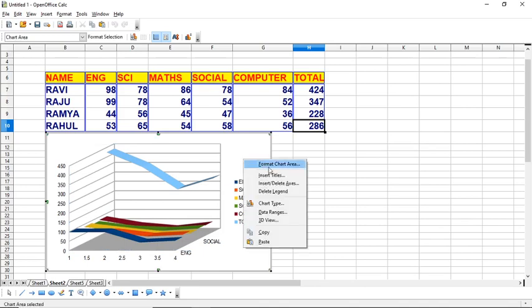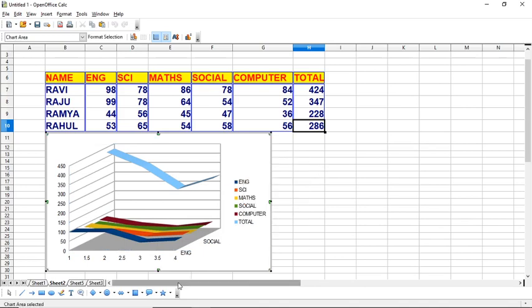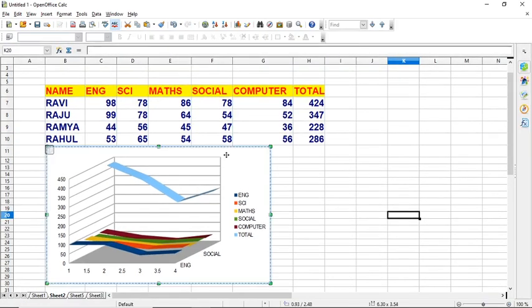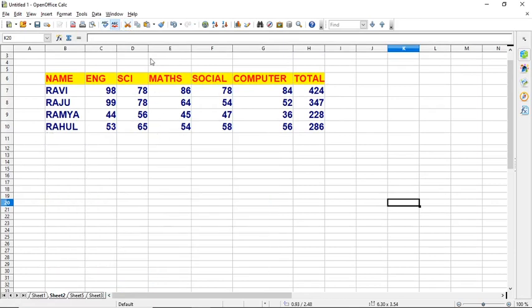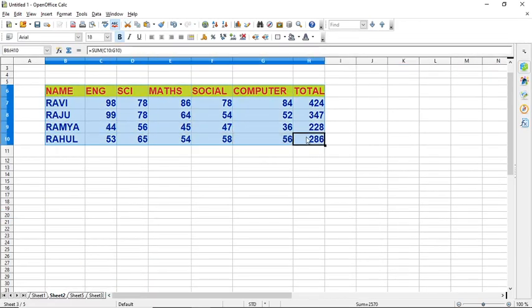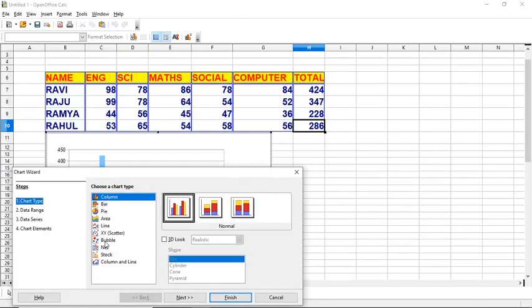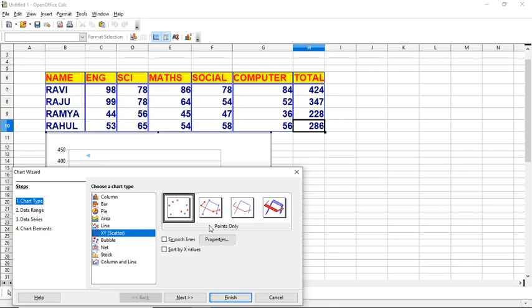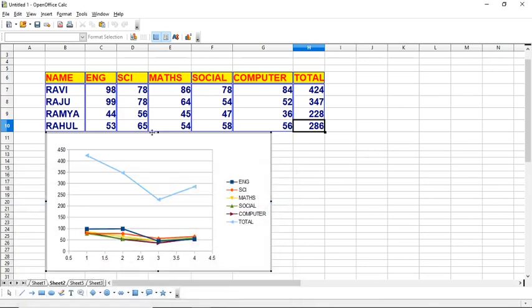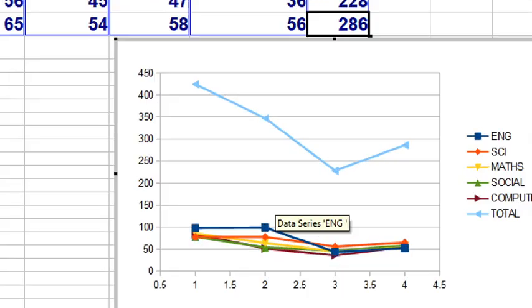Once again, let us see. Select this one. Insert, Chart. Here, XY scatter chart. Here we have to select the styles. In which style do you want the XY scatter chart? This style. See here. Okay, once you observe here,